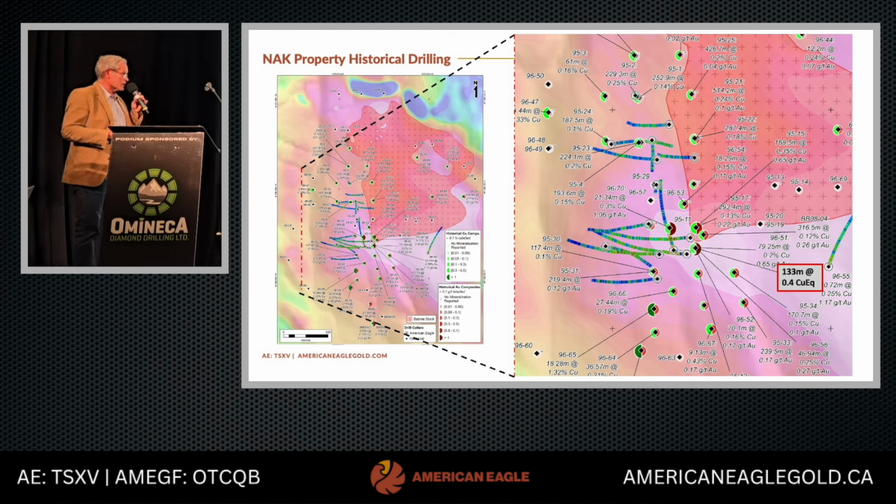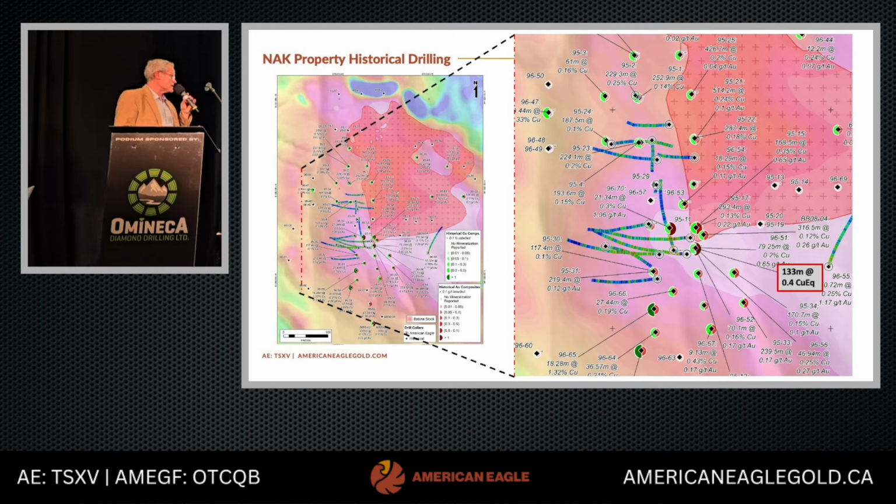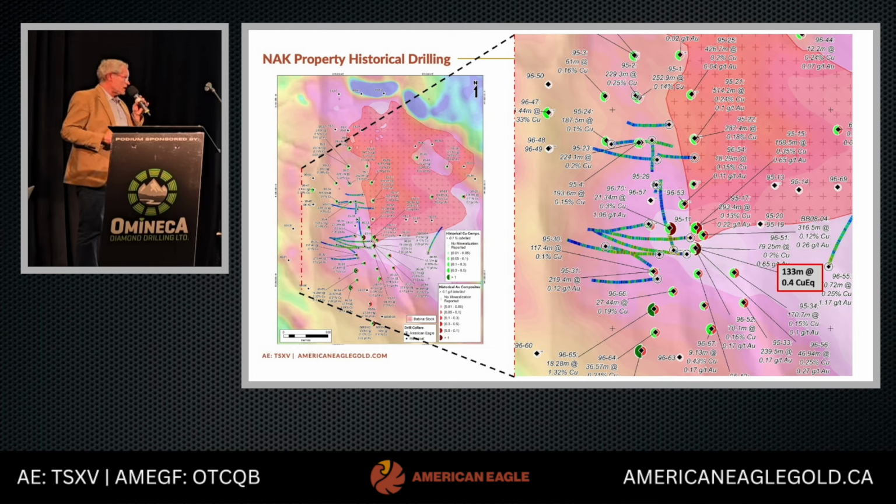It's all shallow drilling. That was the other point. Maybe one might have gone down as far as 400 meters, but most of them are less than 200 meters down. And there was a resource developed down in the south here, and a resource developed by ERA in the 90s. A low-grade resource, but they have low-grade resources developed, non-compliant, of course, with the near-surface drilling, and some of